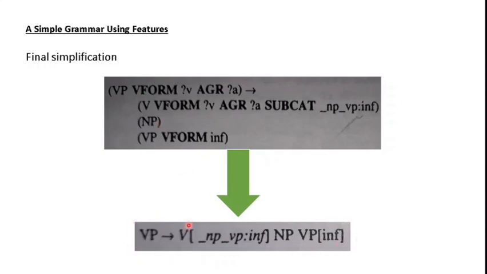Implicitly it means that this VP and S share some common features and their values, and those are VForm and AGR. Another thing that you have to notice: the mother is usually the left side of the production, and the head constituent on the right side can be identified using the italics form. In your textbook Natural Language Understanding by James Allen, all the head constituents are written in italicized form. So here this is the head constituent and this is the mother. This is one way of simplifying the writing of rules containing the features and values.